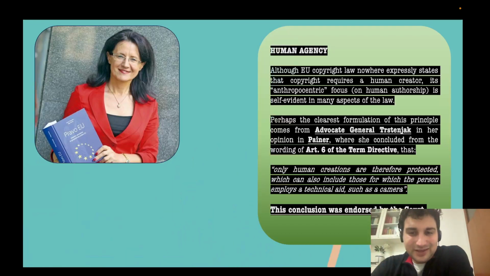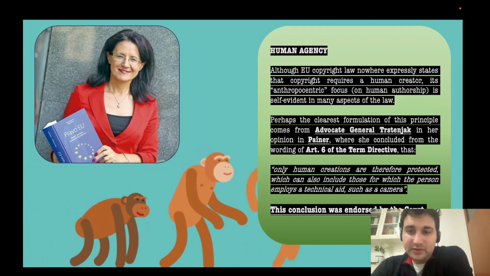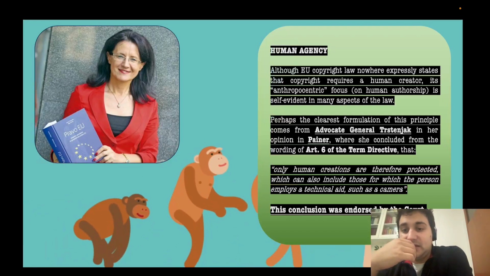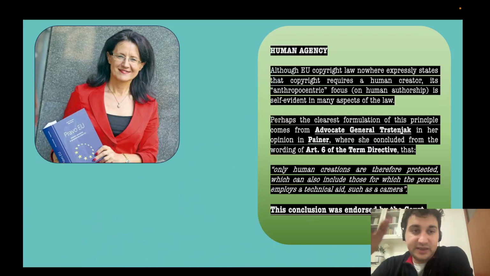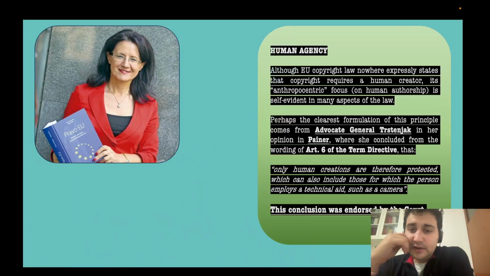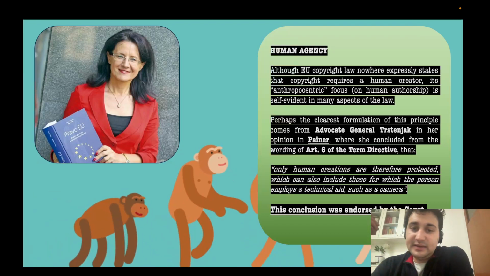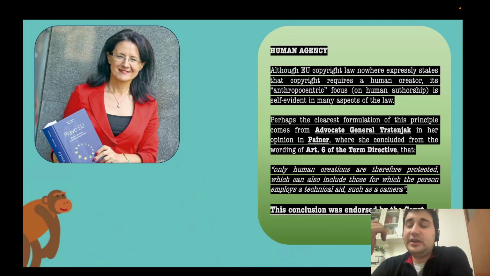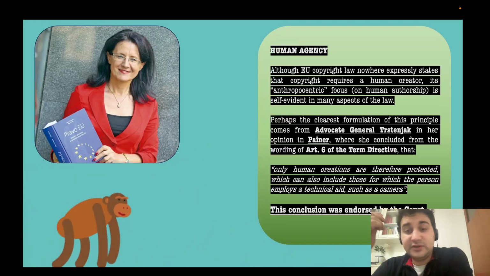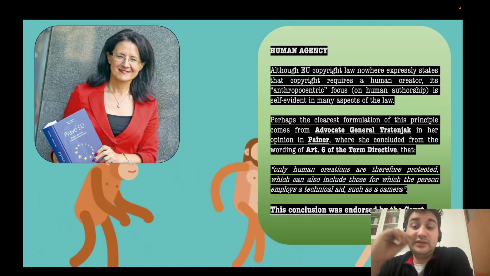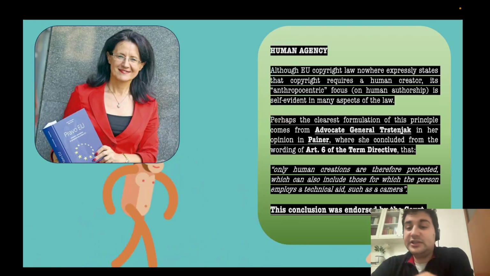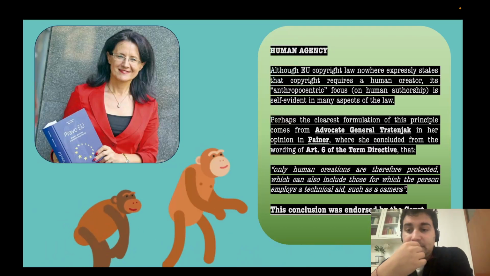The clearest evidence is the opinion of Advocate General Trstenjak, that reported that an interpretation of Article 6 of the Term Directive makes it clear that only human creations are protected,